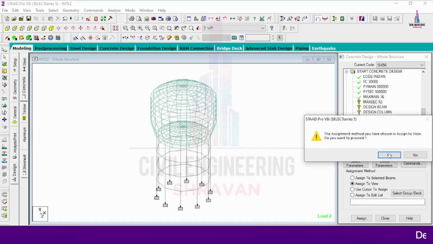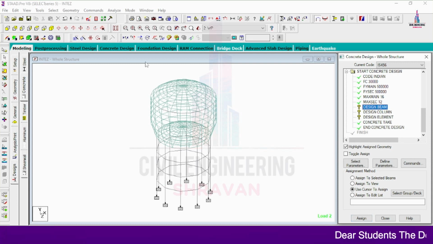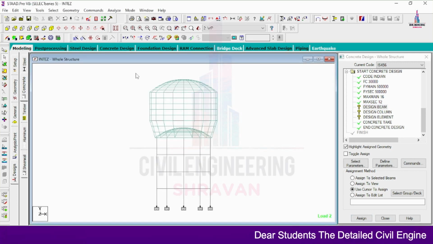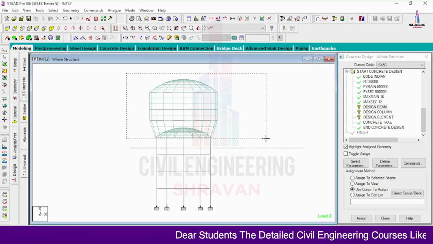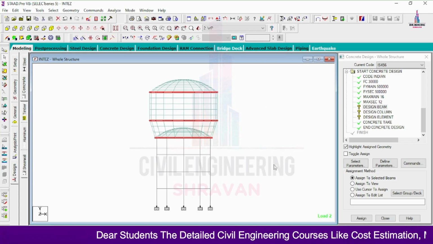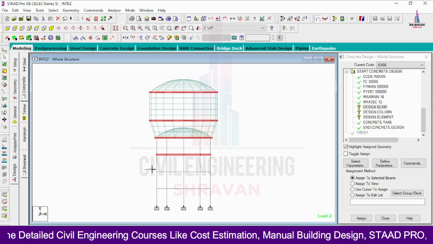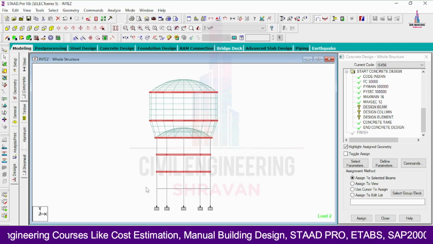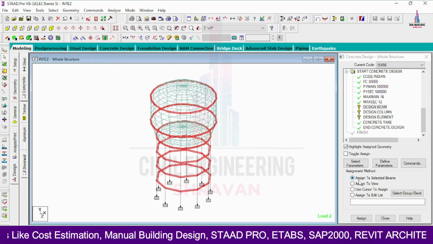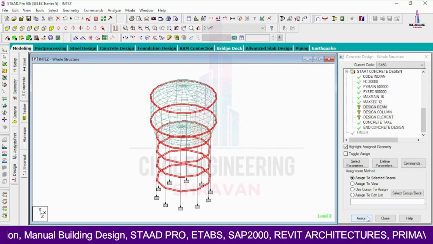Assign yes option. So here I am selecting the beams, with the help of the front view. Here it is not possible to select the beams by using missing attribute, so we don't have any option to select the beams. That is why we have to select this option only. Again after this we will select add to assign to selected beams.